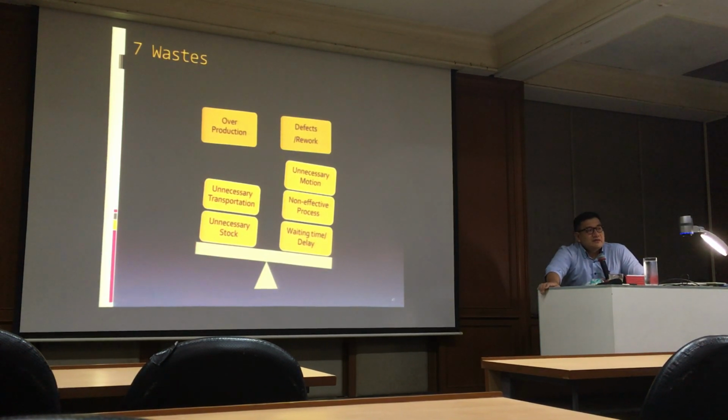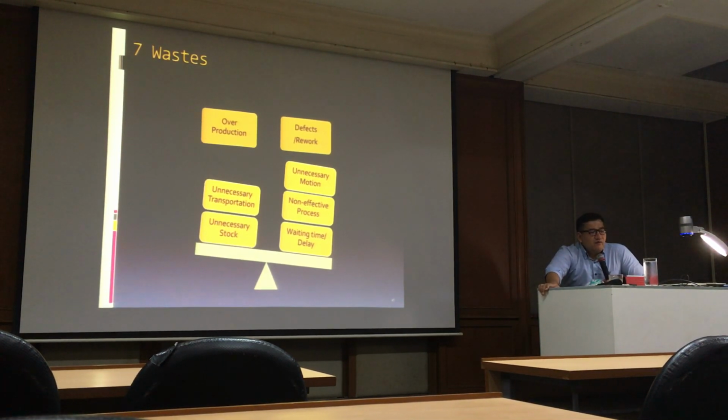If you have unnecessary motion, it means the staff or employees make unnecessary moves in their operation, you have problems. Non-effective process, you can think about problems regarding quality. Unnecessary transportation, right? You can think about the problem as well as the waiting time or delay, right? So this is another concept that we consider to be the problem, or define the problem